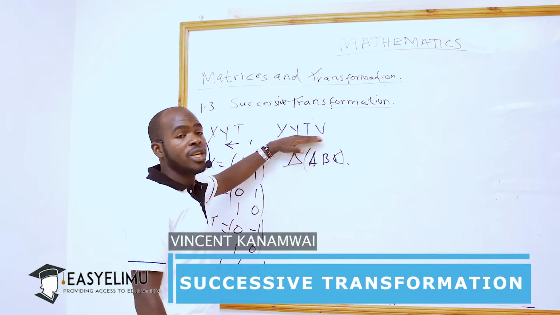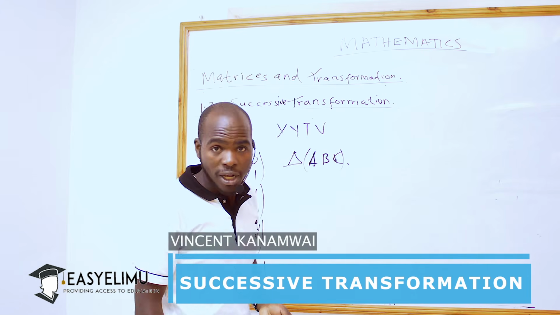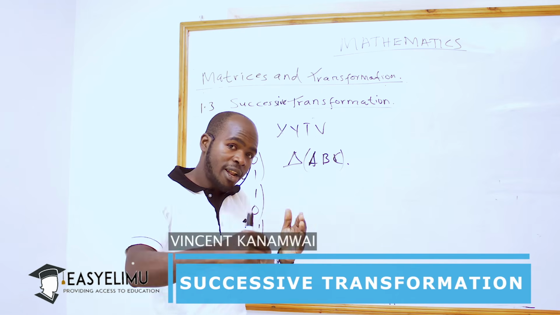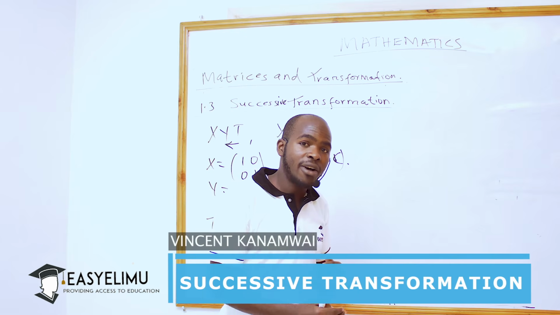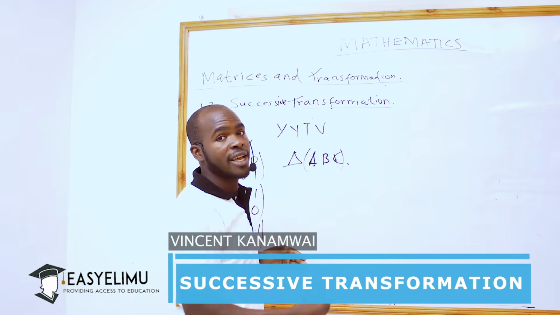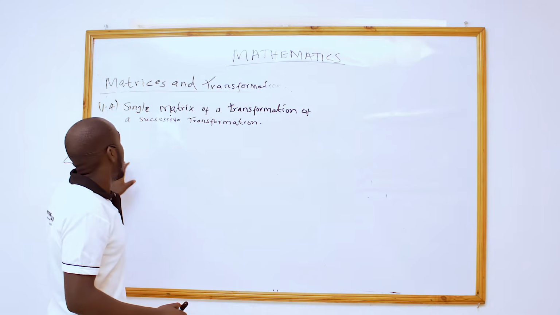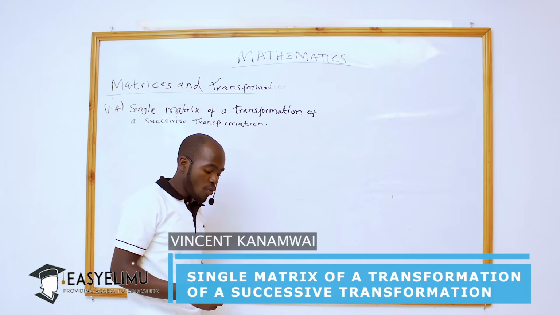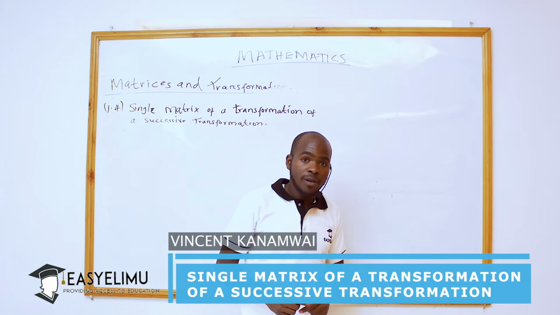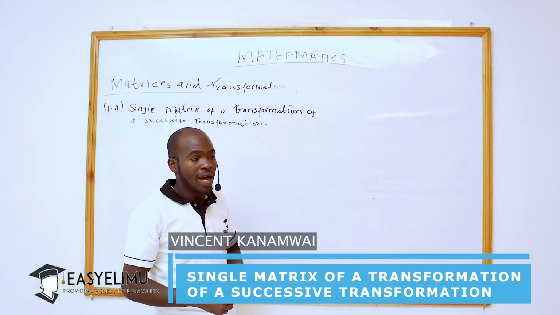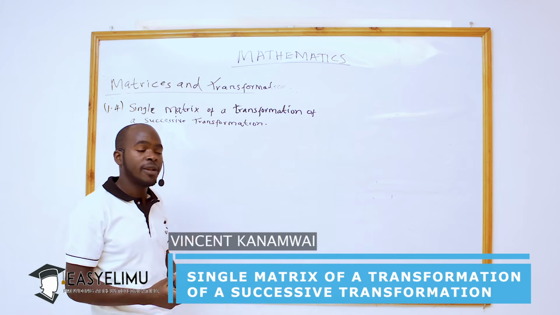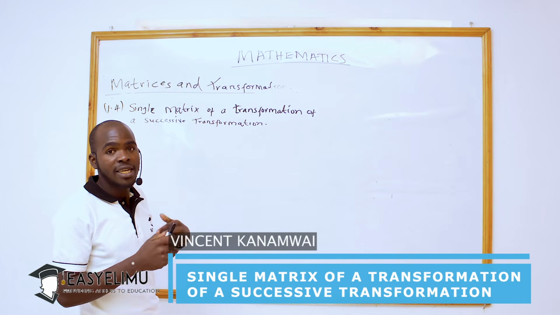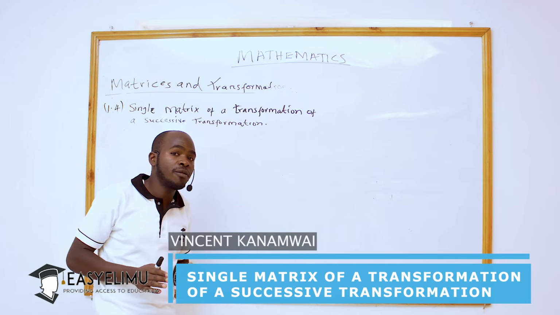Same applies to any kind of given transformation. That is what we call successive transformation: performing the first transformation, then the other one, in order from the right-hand side to the left-hand side. Now, in our previous session, we already saw how we can perform successive matrices or successive transformations of a given triangle or a given quadrilateral or any given object, and we get the image through that successive